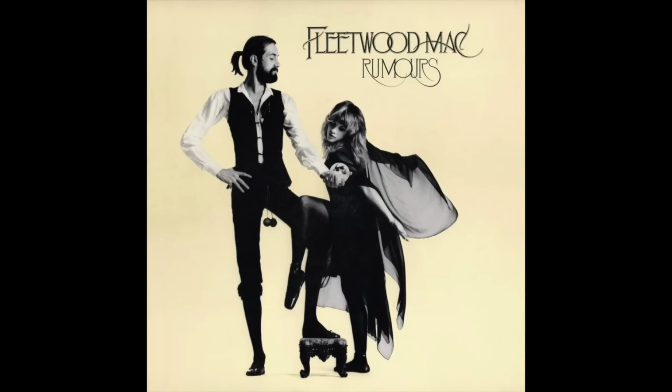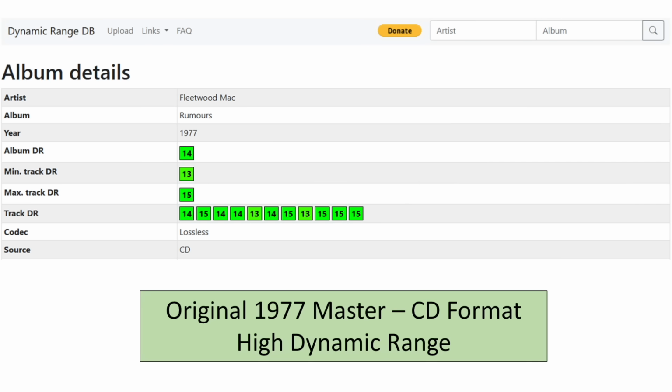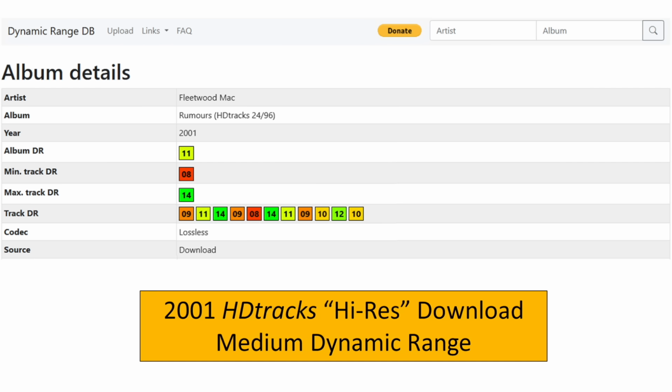There were a lot of albums that I was looking at on there, and they used to display the year that the album came out. So, for example, with Fleetwood Mac's Rumors, the original album came out, I believe, in 1977, but you can find a 1977 master for a CD version, and this shows that it has higher dynamic range according to the dynamic range database. Now, if you were to go spend your money at HD Tracks, you would be getting a lesser version. As you can see here, the dynamic range is lower than the original master was. With this in mind, I quit buying high resolution tracks.